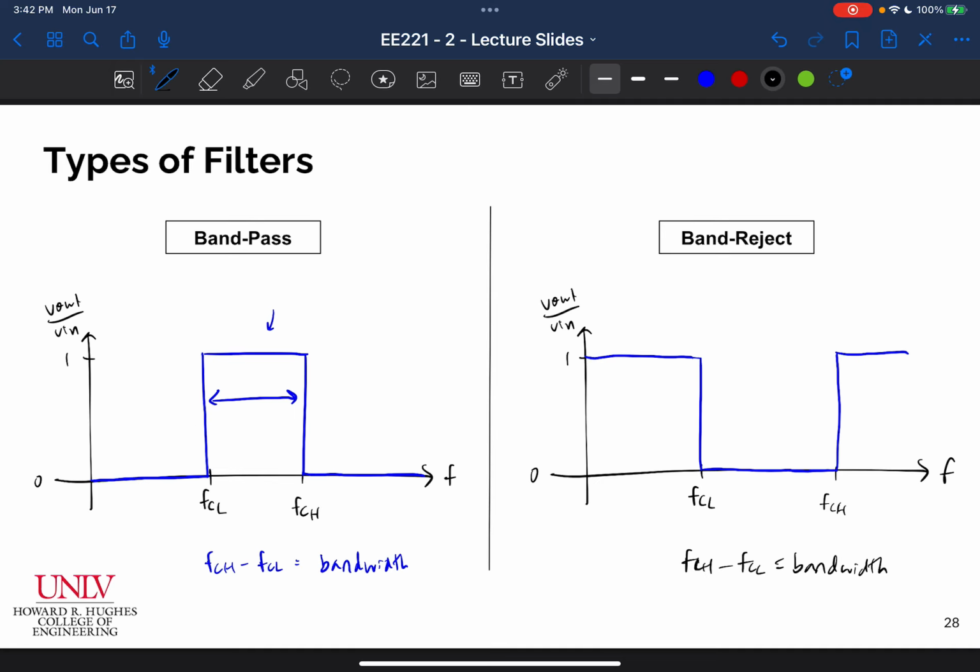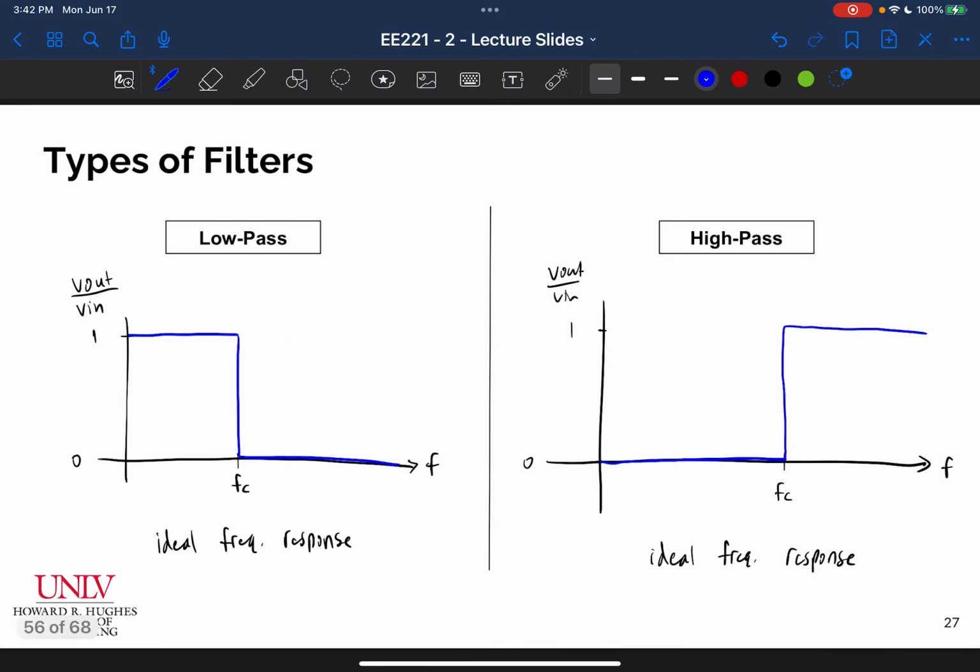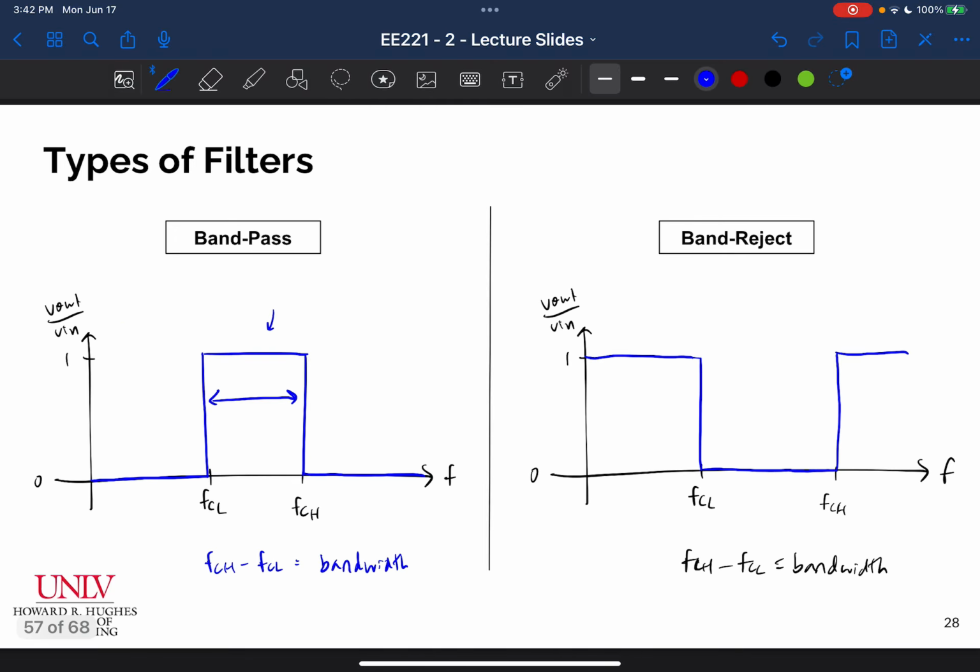And these, again, are ideal frequency responses that I've shown here, right? These are not practical. To design these circuits practically, we're going to talk about that as we move forward, and I'm going to show what practical responses of these circuits would actually look like. But the goal is for a low pass filter to pass low frequencies, high pass filter to pass high frequencies, and so on. Okay, so I'm going to end this video right here, and in the next video,